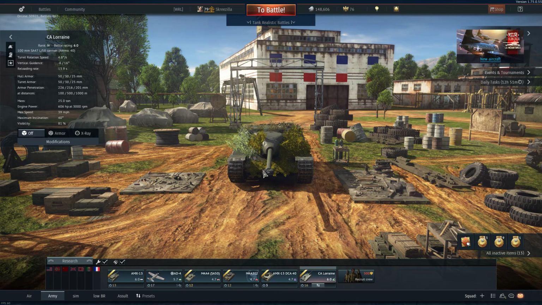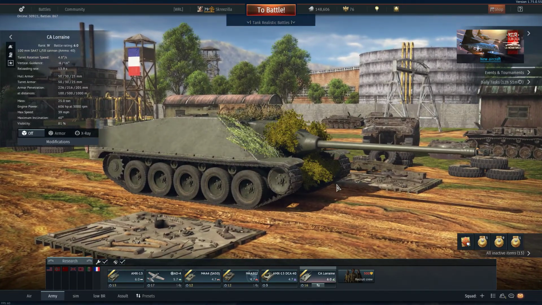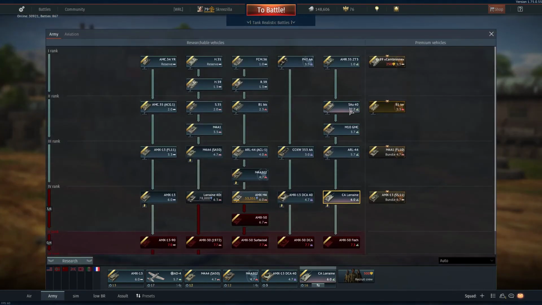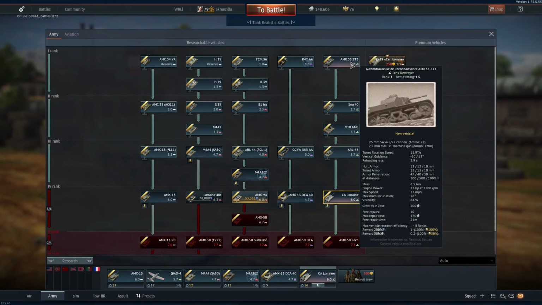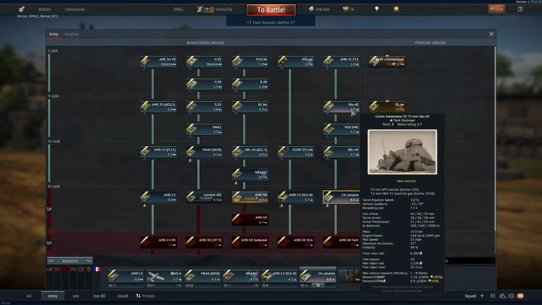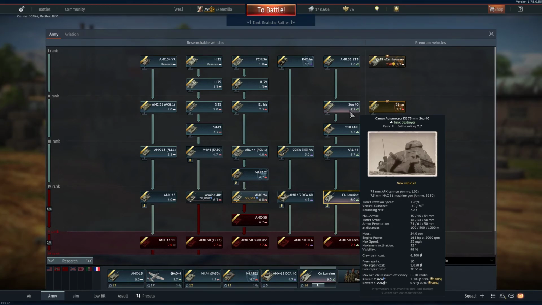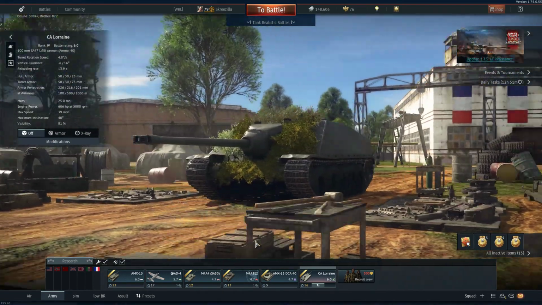Yeah, the Lorraine is probably the most useless tank I've had yet in the French tech tree, and that's saying a lot considering we have the AMR 35 ZT3, which has a 25mm gun. This thing feels more effective than the Lorraine. Yeah, it's not good. I've actually not played with the South 40 yet, so I've got to take that out for a bit of a test run at some stage, but I'll do that another day. But yeah, this thing is really...